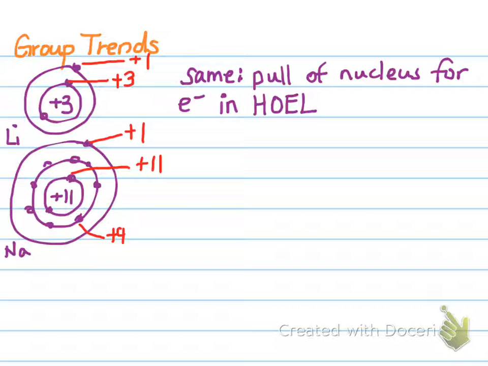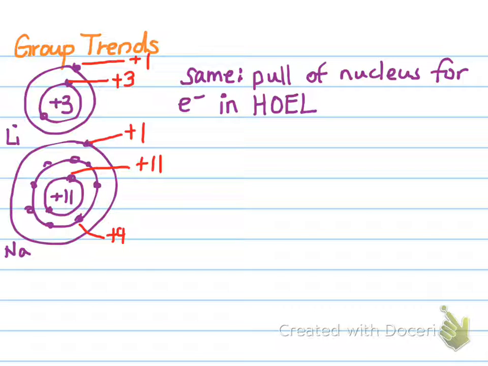Remember, we talked about this the other day, that in group 1A, the pull is +1. In group 2A, the pull is +2. In group 3A, it's +3. In group 4A, it's +4. In group 5A, it's +5. In group 6A, it's +6. In group 7A, it's +7. In group 8A, it's +8. Okay? So the pull of the nucleus for the electrons at the highest occupied energy level,